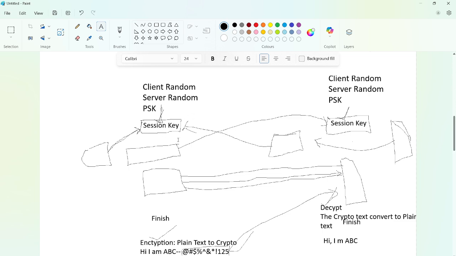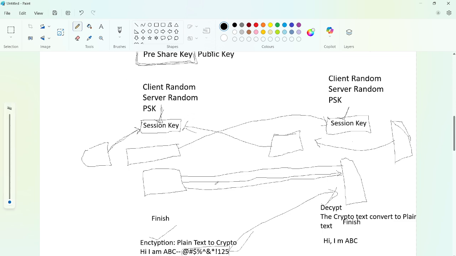Once the session keys are formed, the SSL VPN is formed between client and server, where the actual application data is shared using an SSL tunnel or SSL VPN.